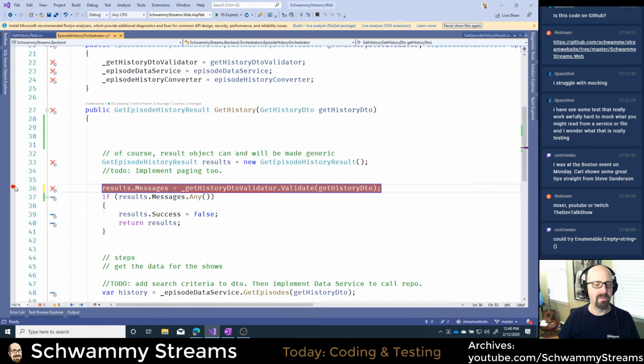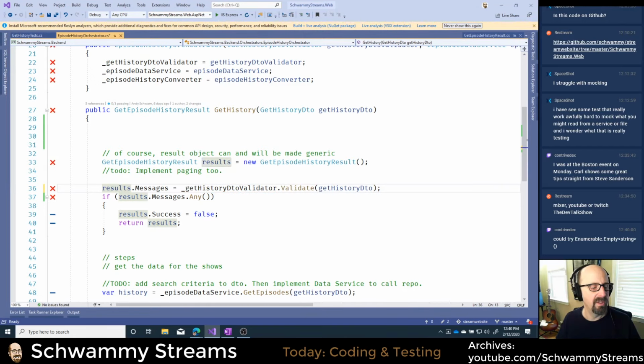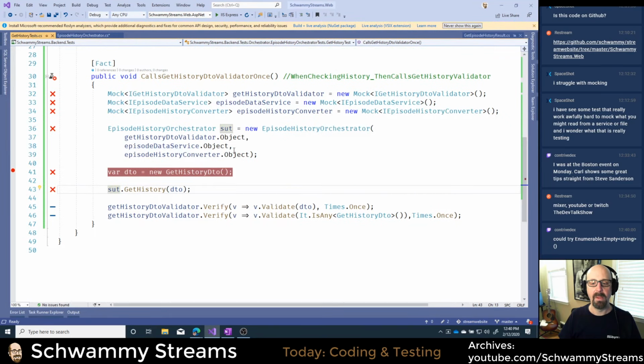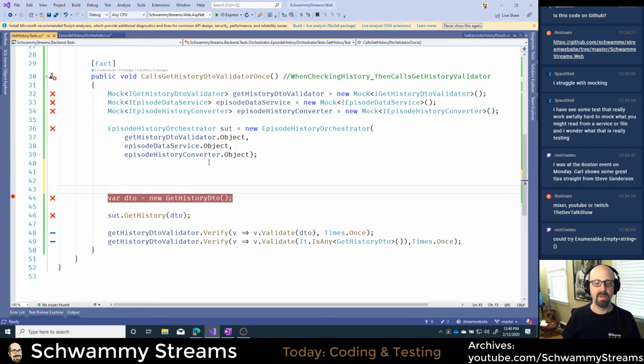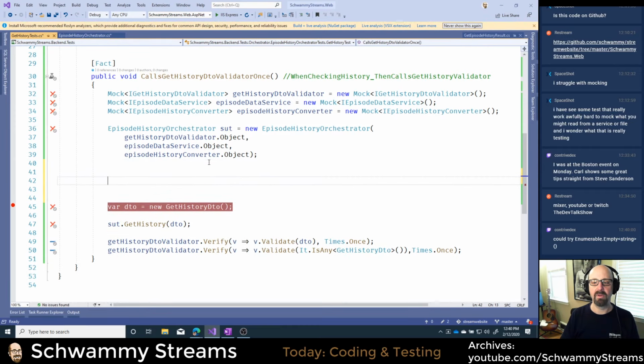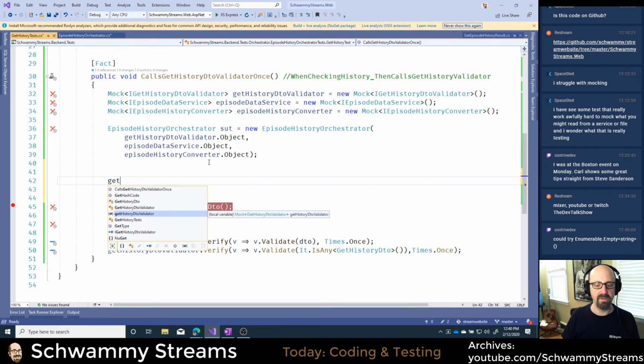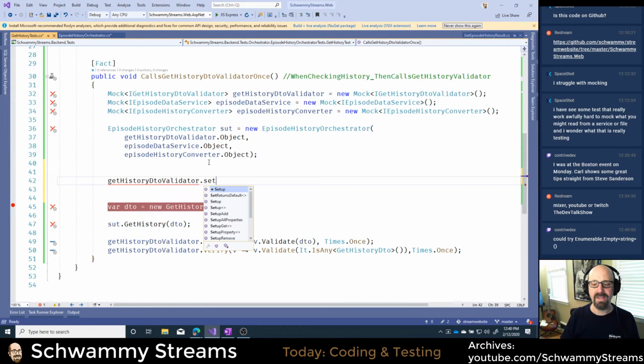Could you try enumerable empty string? Yeah, I could, but I guess I want to show this anyway. So I was going to try to come at this from a different perspective. But what I want to do is tell my validator that, before you run, I'm going to come in here and say I want to do my get history DTO validator, and I'm going to call setup on it.